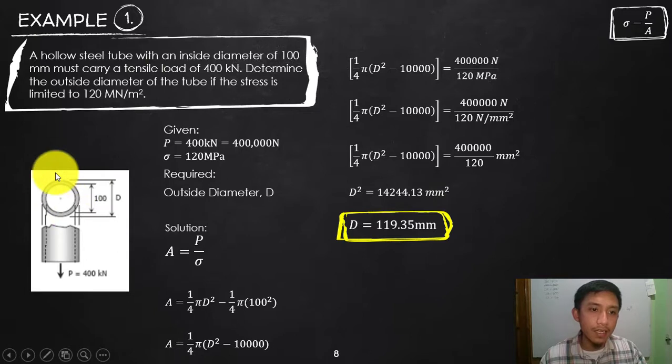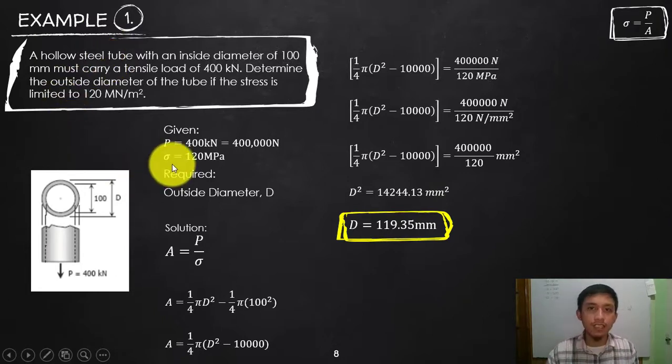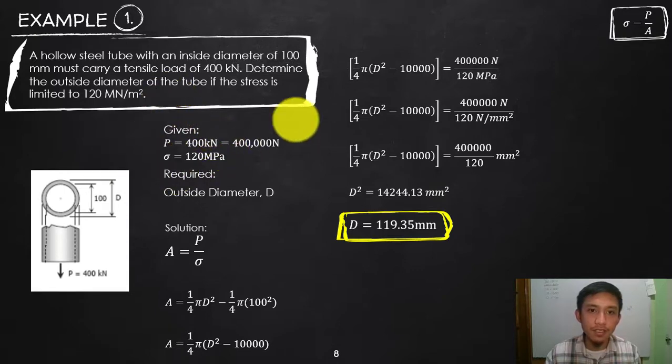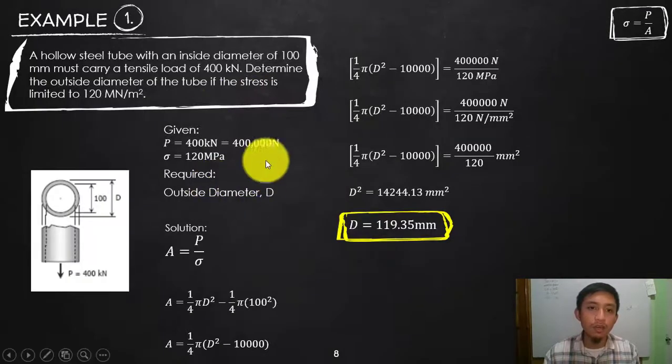And how do we consider this as a normal stress? Because the force is perpendicular to the steel tube. So we can now consider this as a normal stress problem. Again, what is the formula for that? But first, let's go back. The formula is sigma is equal to P over A, so that we will know what to write down as